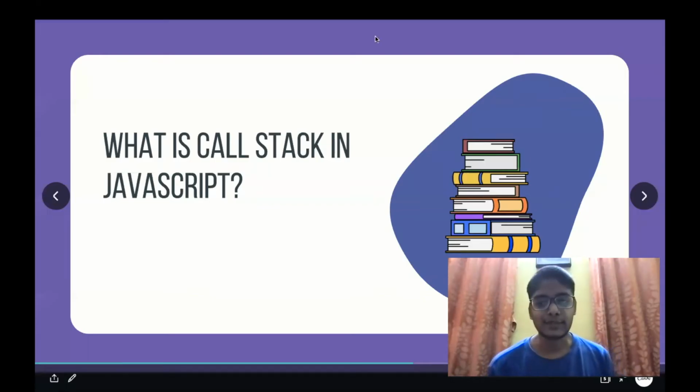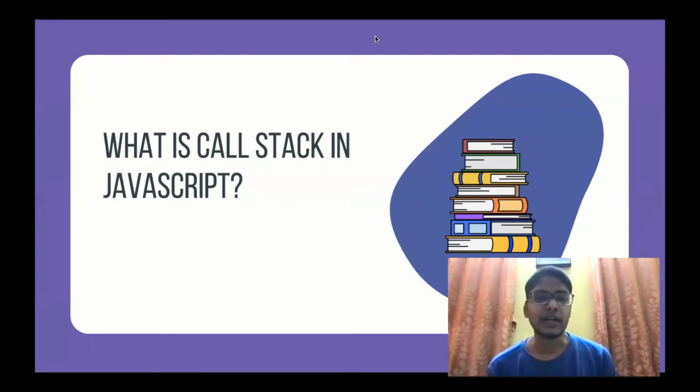Hello everyone. So we are back with another new part in the Mean Stack interview question series, and today we are going to cover an important question, which is a fundamental JavaScript concept that will allow you to understand how JavaScript works internally, which is: what is call stack in JavaScript?